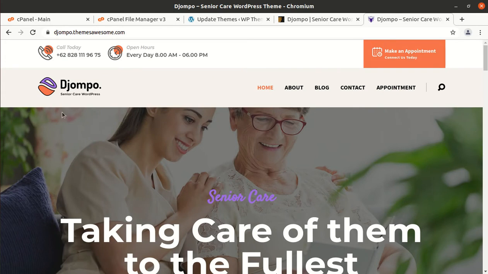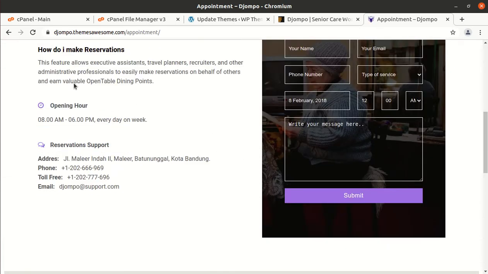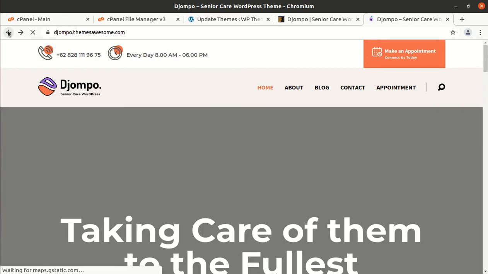It is the Zompo main demo, and it has the appointment feature as well. So consultancy can be done through appointment, and this feature is available in the Zompo website.